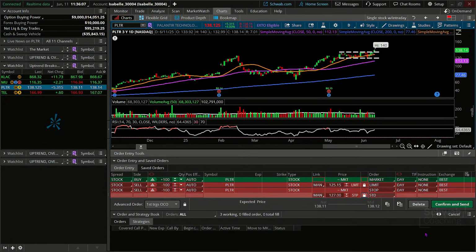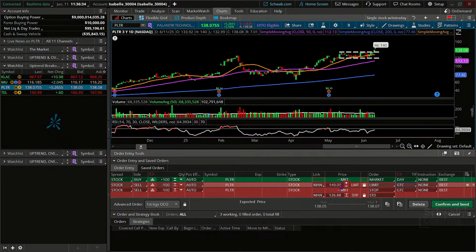127. And some traders like to set their level as a round figure like this, and then decrease it some pennies just to get into a non-round figure amount. Needed my stop to be at a good till canceled. And then we're going to put a limit out there at 149 as an approximation. So what this is going to do is get us into the 100 shares right away. And then we're going to have a target to sell the 100 at 149.